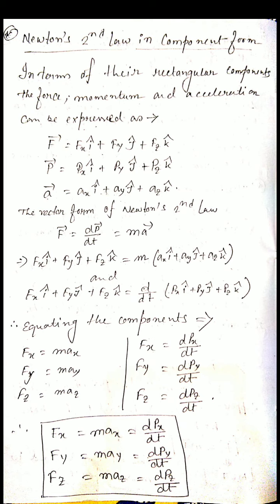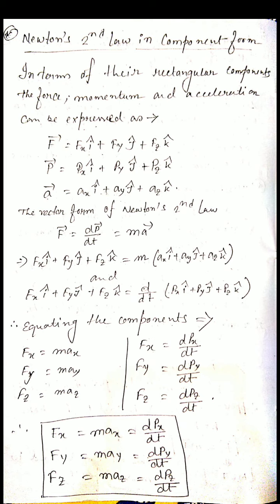So we know that if an object has mass m, because mass is constant, it will not be broken along the x, y and z axes. A force F will be applied on it. In x, y and z directions, this force will be written as Fx i hat plus Fy j hat plus Fz k hat. Its momentum also differs along the x, y and z axes, so the total momentum will be Px i hat plus Py j hat plus Pz k hat. And the acceleration a vector equals Ax i hat plus Ay j hat plus Az k hat.